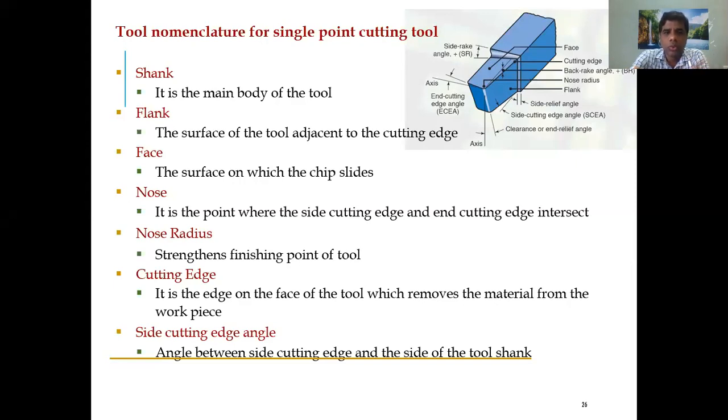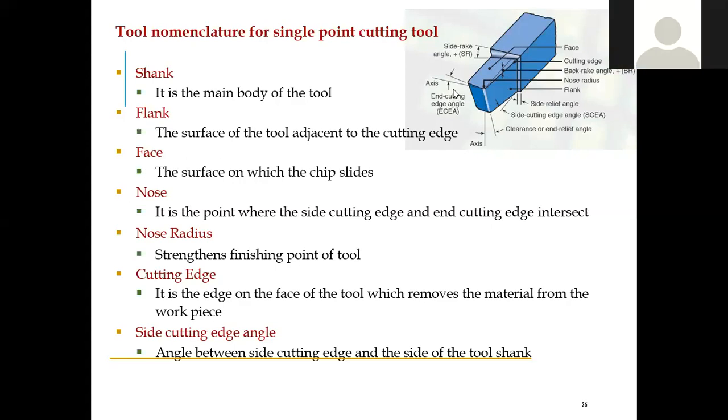So the main body of the tool is the shank, and the flank is the surface of the tool adjacent to the cutting edge. Whatever the cutting edge is, the portion below that cutting edge is considered a flank. So this is a flank, the side flank, and this is the end flank, right? Then the flank and the face.